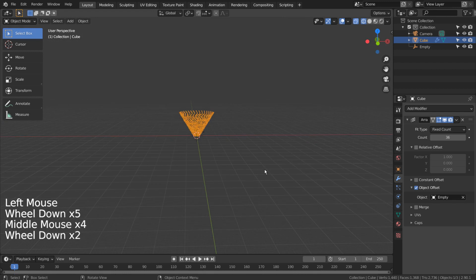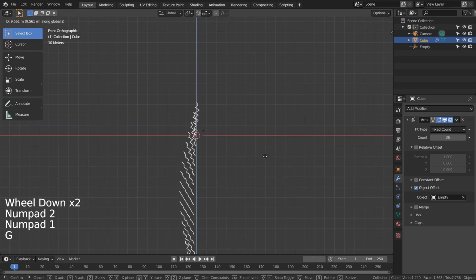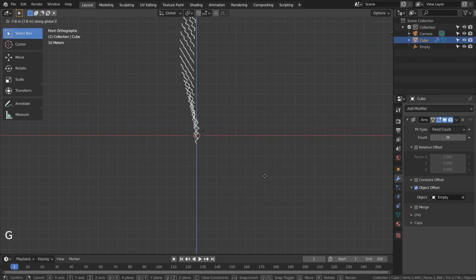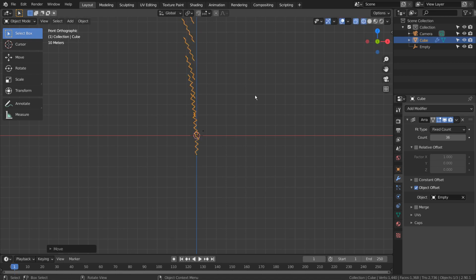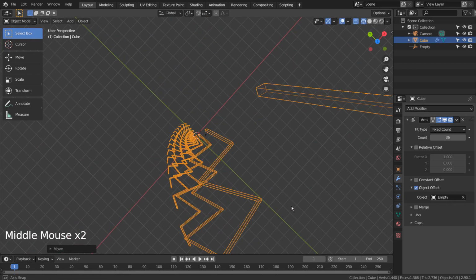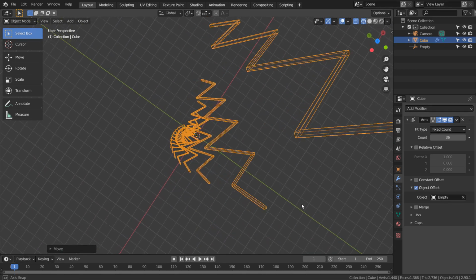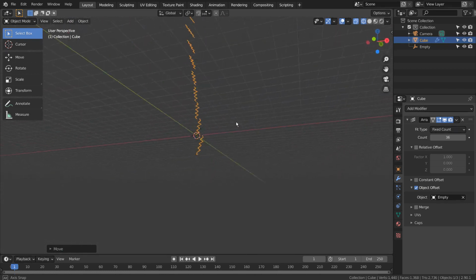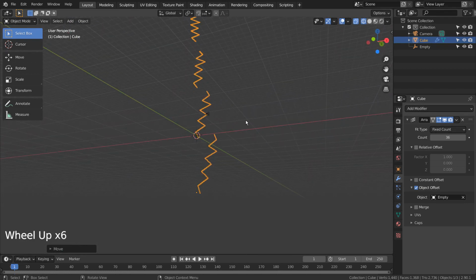G and Z to move the cube on the Z-axis. Let's add a material.